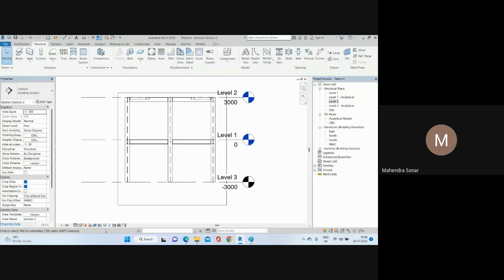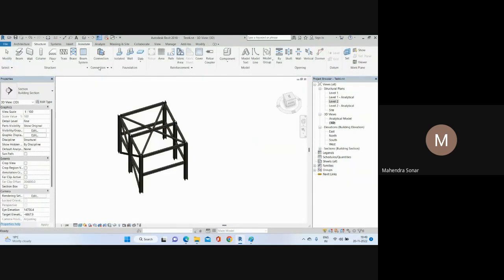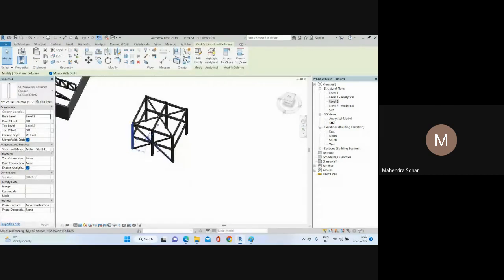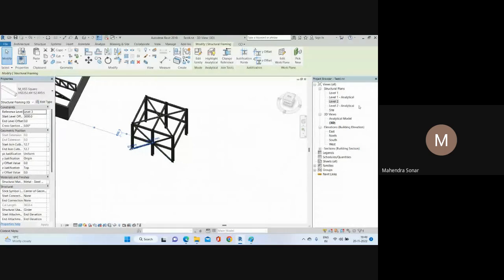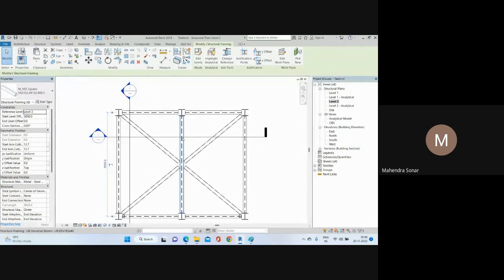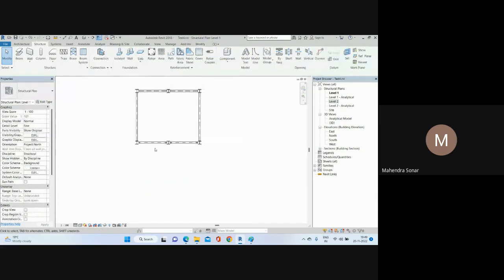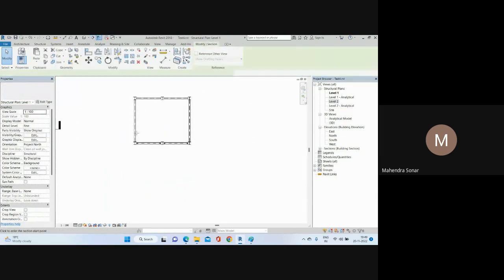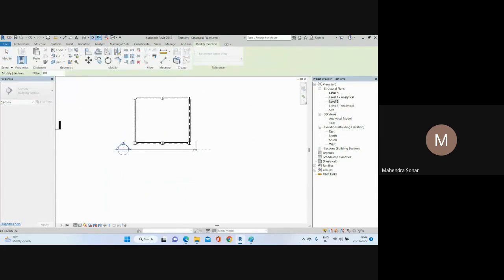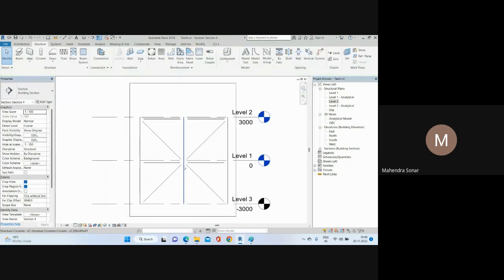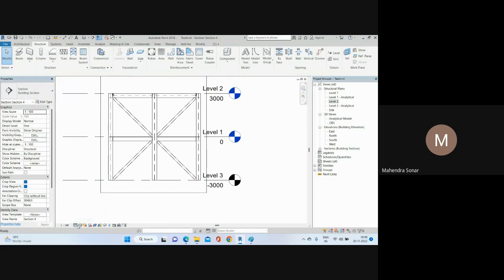Okay, so we have added in this direction. I will select this bracing and go to level 2. Yeah, in this direction. Suppose I want to add the section here. Go to your view, so you can see. Then if I change find to